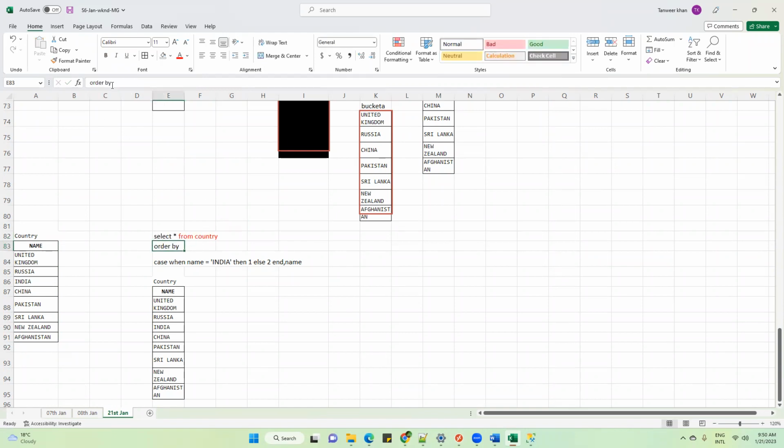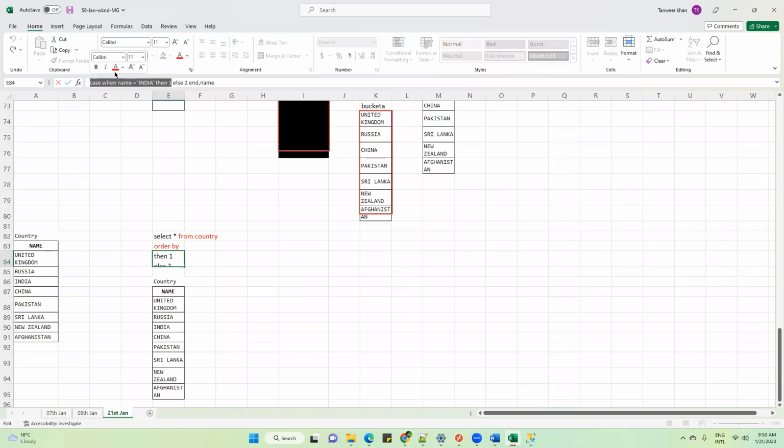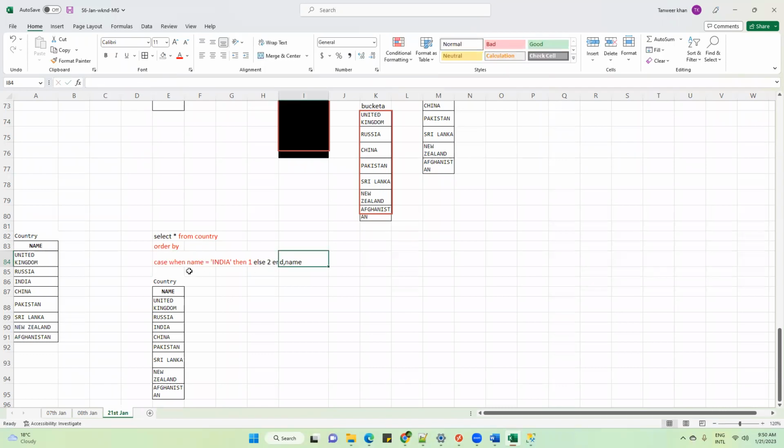After this, you have written order by. Order by means you are telling the engine to sort the result. In order by, you are using a case statement, so the engine will understand that the user wants to customize the sorting. What you have written here: when name is equal to India, then bucket number 1. Listen very carefully. Bucket number 1 has India.